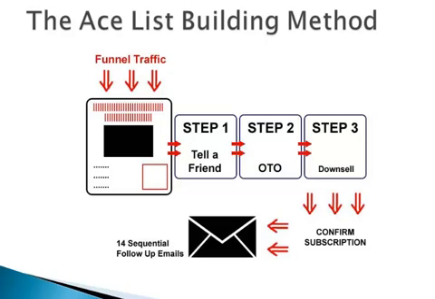The sole objective of the squeeze page is to just collect names and email addresses, no other reasons. Once you've collected the name and email leads from the visitor, he will enter a compressed cycle, and he will be going through steps 1, 2, and 3 right away. Right after he signs up to your mailing list, he's going to see the Step 1 page right away, where he will be given a chance to tell 3 of his friends about your website, and there will be an incentive in it for him to do so. He may choose to tell 3 friends at this point, or pass it up.